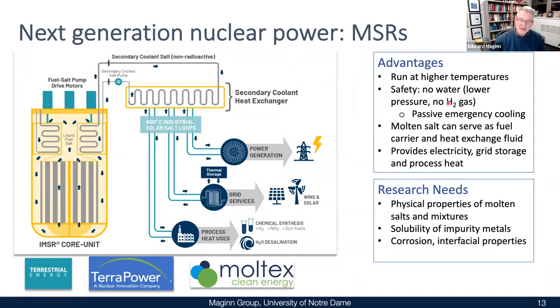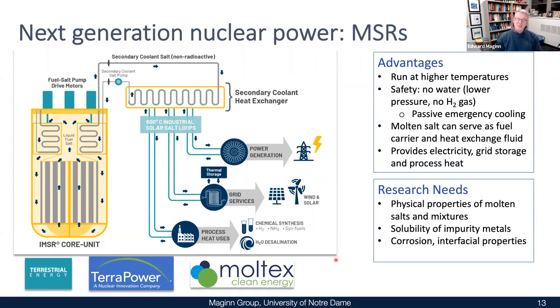It's much safer than water-cooled reactors because there's essentially no vapor pressure of a molten salt. There's also passive emergency cooling. If this overheats, there's another molten salt plug that will release the core, dump the core onto the ground. It solidifies. It's contained now. It doesn't get released into the atmosphere. So there's a whole lot of reasons why this is interesting, but we need to go back and look at